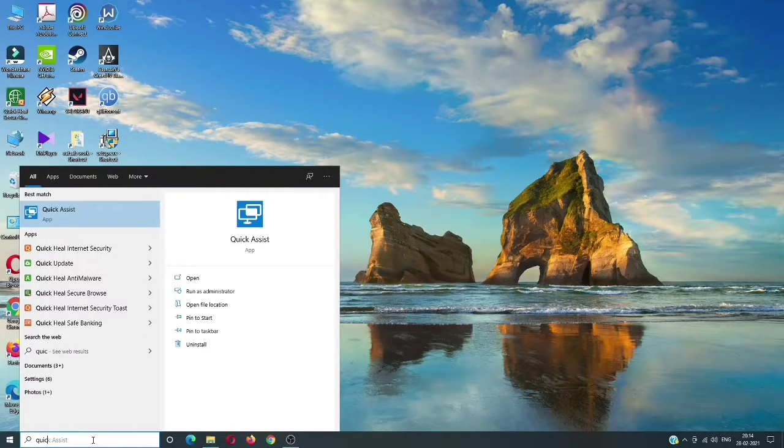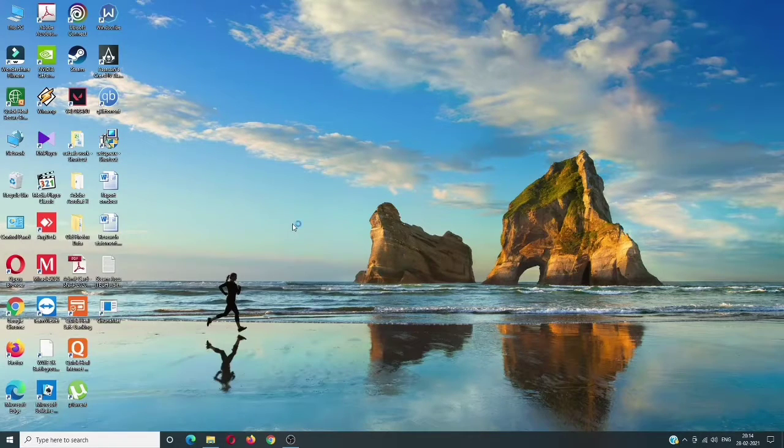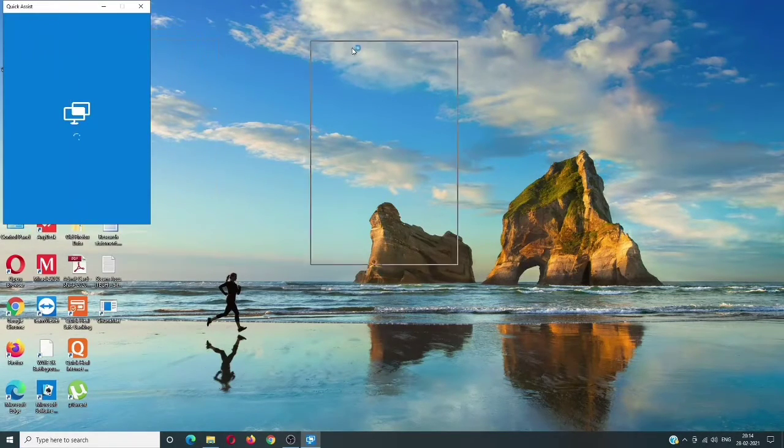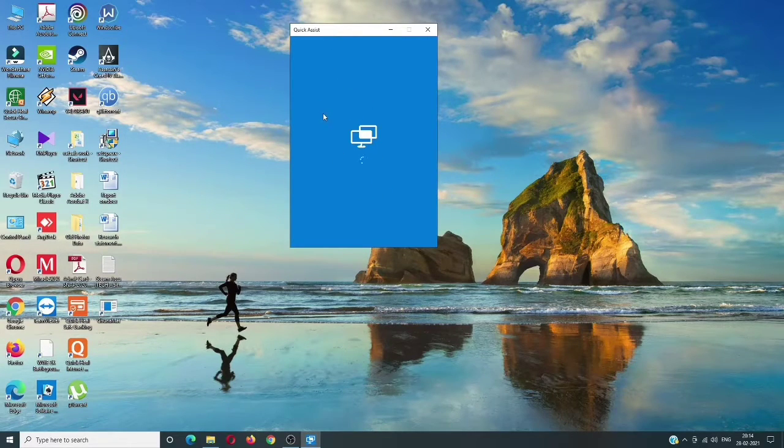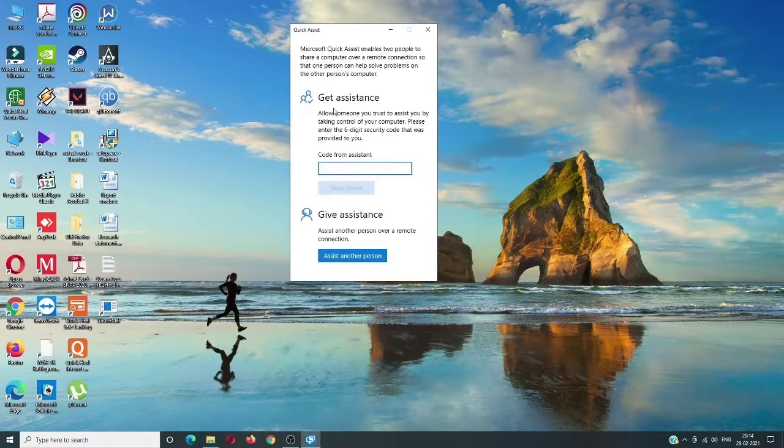The next one is not a feature per se, but it is an app called Quick Assist. It is a very powerful app. You can take control of your friend's PC or another person's PC on your PC. You can get the whole control and you can give the control too. What you have to do is ask your friend or assistant or whatever person you want to control the PC. Just click on Assist another person and you will get a code from him or her, and you have to type that code in that box and click on share screen. So yeah, done. That's pretty much it. Let's move to another feature.